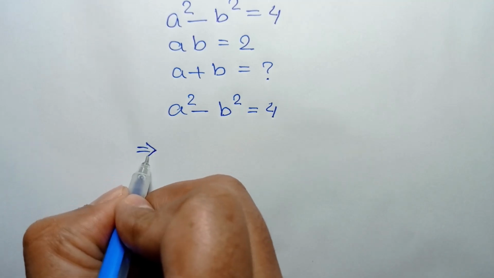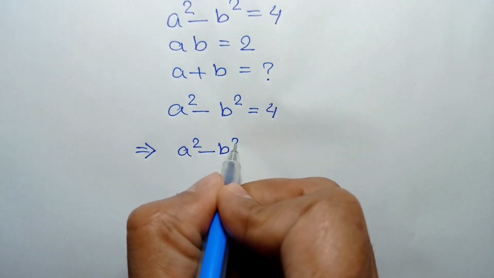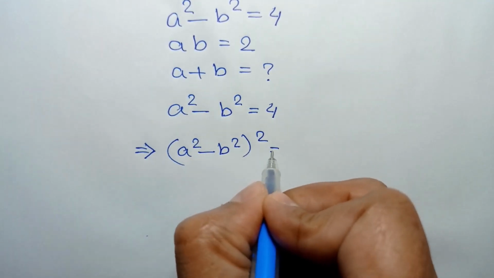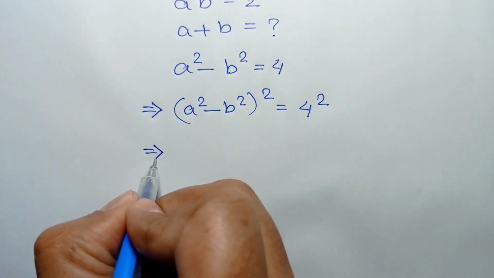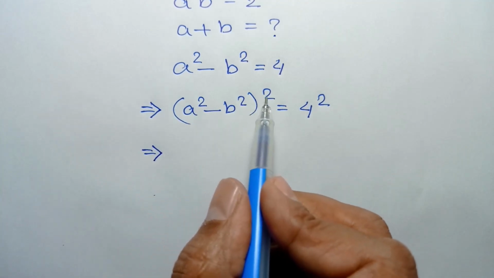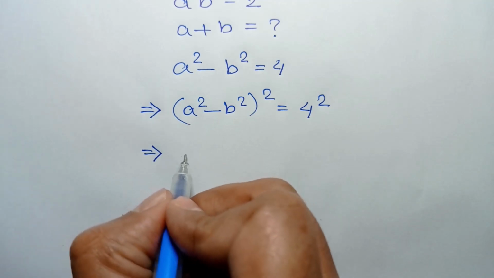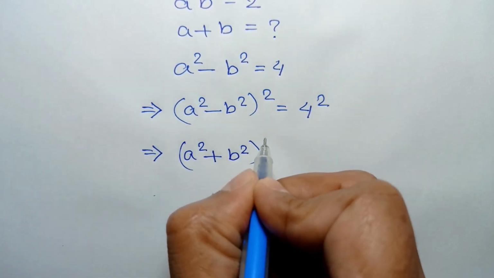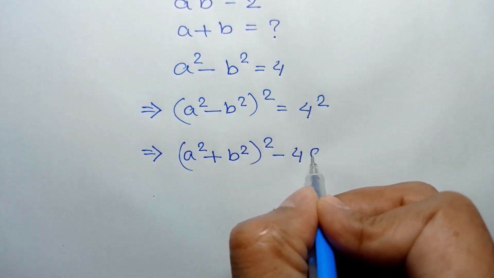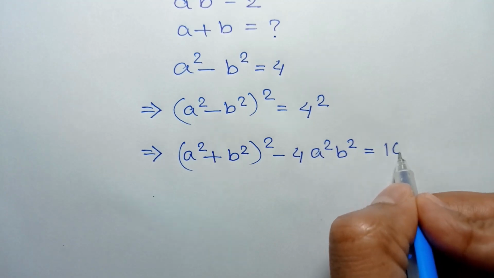or squaring both sides, we can write (a square minus b square) whole square is equal to 4 square. Or applying the formula (a minus b) whole square is equal to (a plus b) whole square minus 4ab, we can write it as (a square plus b square) whole square minus 4 times a square b square is equal to 4 square, which is 16,